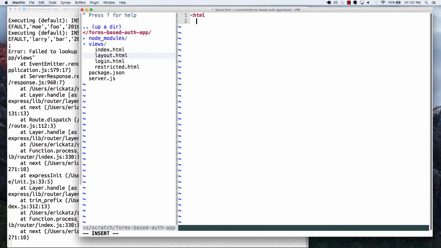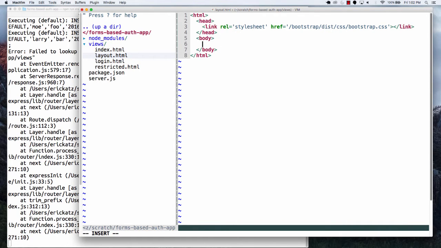And for our layout, we're going to do HTML. And we're going to want this to look nice, so we'll end up bringing in our Bootstrap here. So we're going to have to put a static route in for this, so we'll do link rel equals stylesheet. And this is going to be an href, and we're going to mount up our node_modules folder as a static route. So we'll go over here, and we're going to say bootstrap/dist/css/bootstrap.css. There's no JavaScript that we're going to need here, but let's actually go over here, and we'll put in our body,